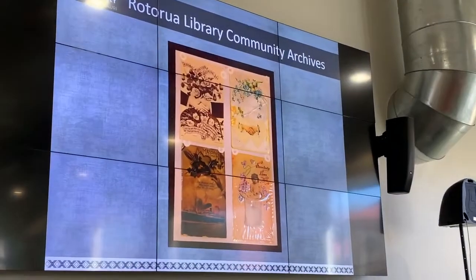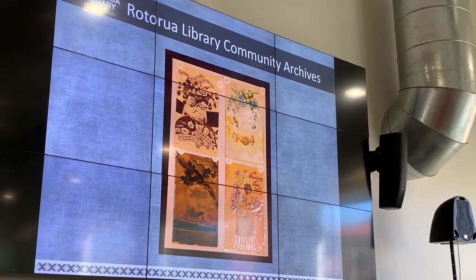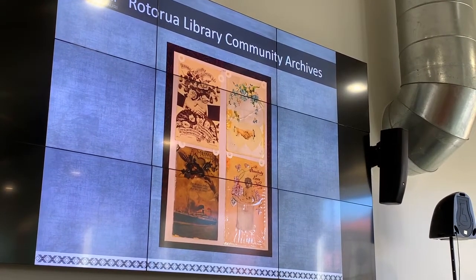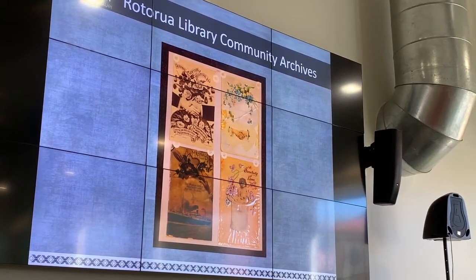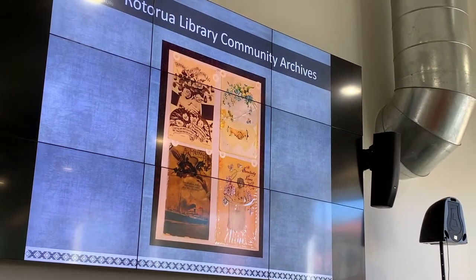So, the archive that we have is a community archive. The difference from an institutional archive is that these are mostly donated from the community, about the community, from local organisations, groups and individuals. We don't keep in our library